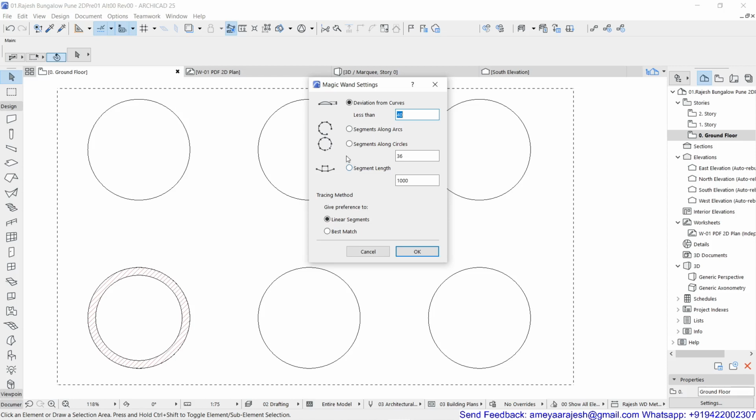For example, I'm going to use this option known as a segment along circle. This is the first option I'll try to use. Instead of 36 segments, that means there are 36 line segments ArchiCAD will try to use to fulfill the circular area which you are going to trace. But then you will say, is that it's a mandatory for a circle? No, it's not that way. I'll explain this in detail also, but prior to that, we'll try to do one thing. We will try to reduce this number of segments maybe to 6. Okay, I'll say okay for this now.